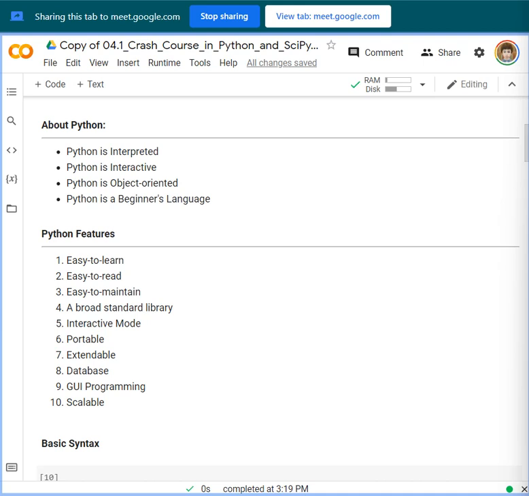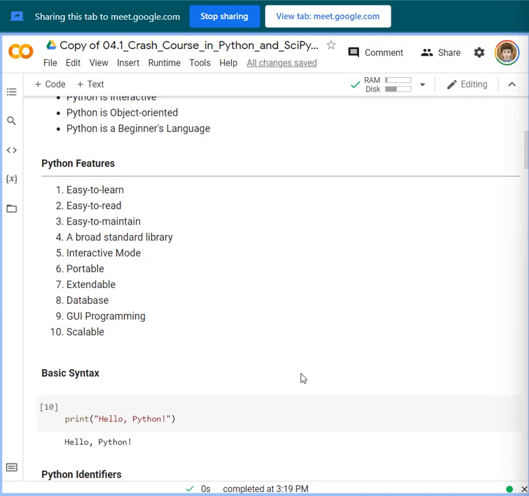Python's library is portable and cross platform. It can be considered cross platform, compatible on Unix, Windows, and Mac OS. And it is portable, extendable, and when it comes to databases, it provides interfaces to all major commercial databases.